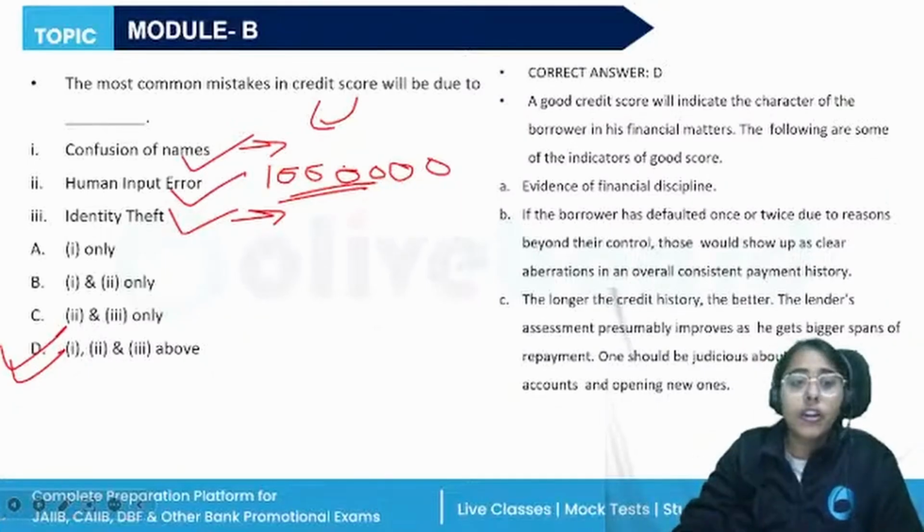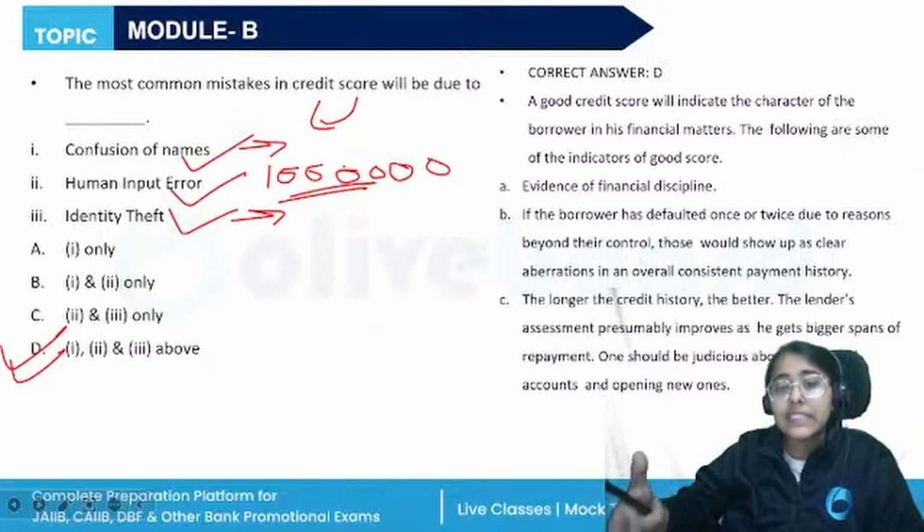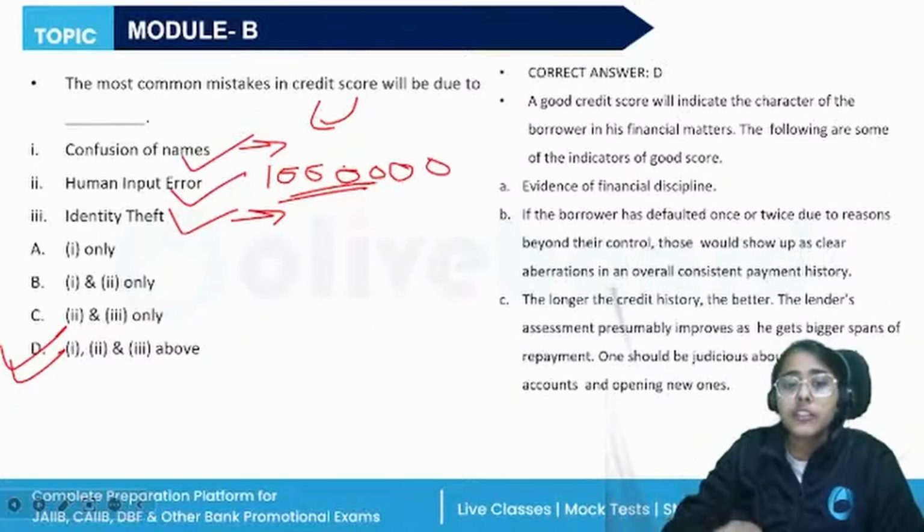Again, when we are talking about the issues or the mistakes in the credit scoring, the customer, if they see any issue, they should contact the bank, and they should ask why a credit card or a loan application has been declined. The bank will provide the control number that can be seen for the credit score. Then the provisions are available on the website of the CIC for resolving dispute. So, if you find anything wrong with your credit history, you have to report it to the bank and get it corrected.